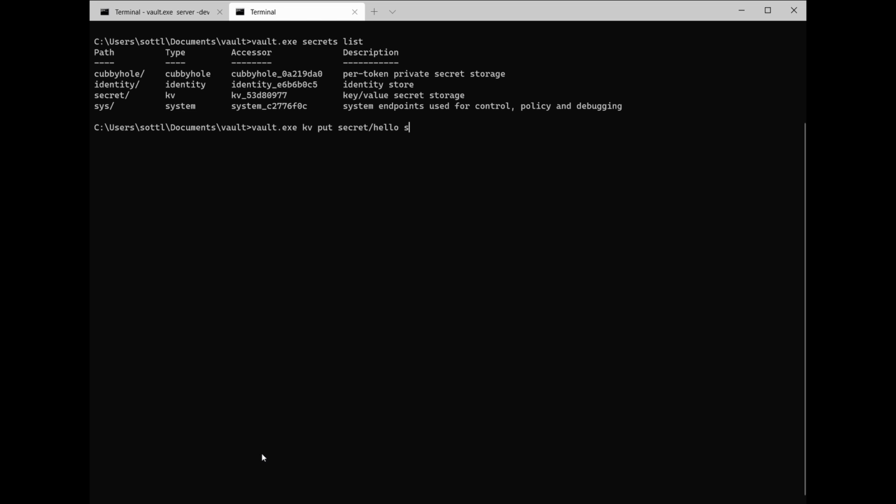And let's write key value put secret hello 2, which will add a new secret. And we'll add a new secret called security equals by obscurity. Basically security by obscurity. And create the first version of the secret. Then write vault.exe key value